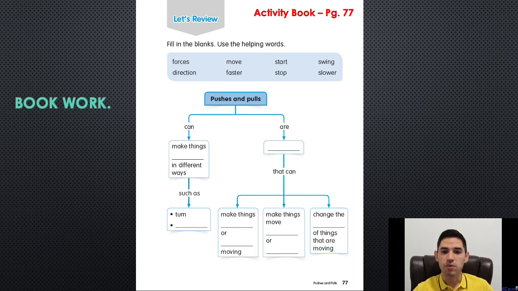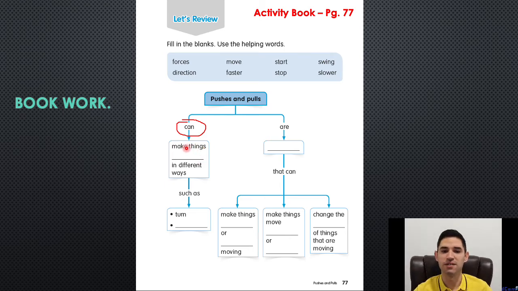So let's see. Pushes and pulls. Let's start with can. So pushes and pulls can make things move in different ways. They can make things do something in a different way. So for example, if they're going this direction and then we hit something and then it changes to another one. So they can make what? Make things